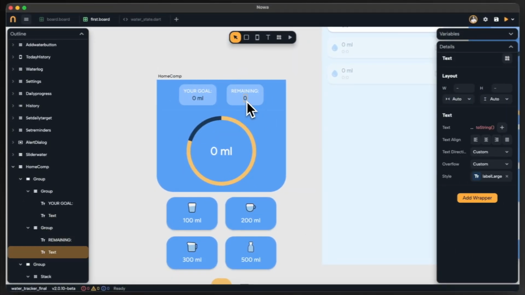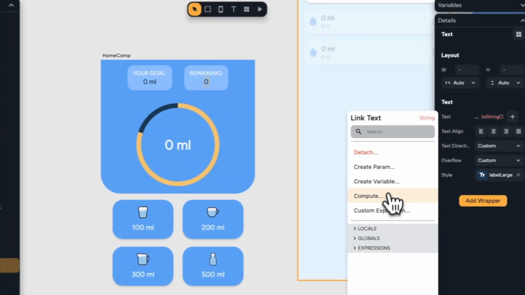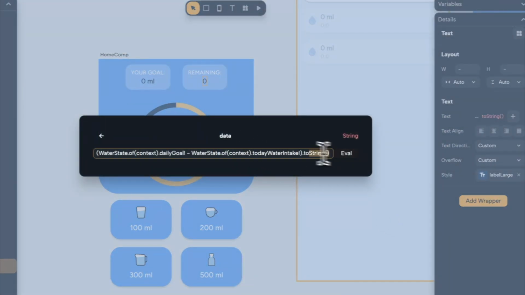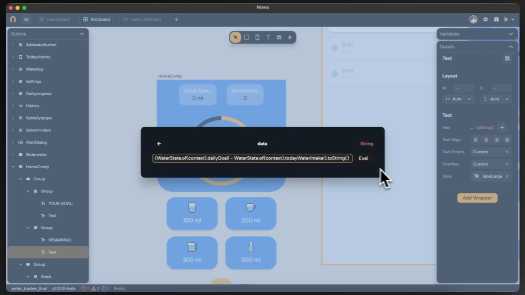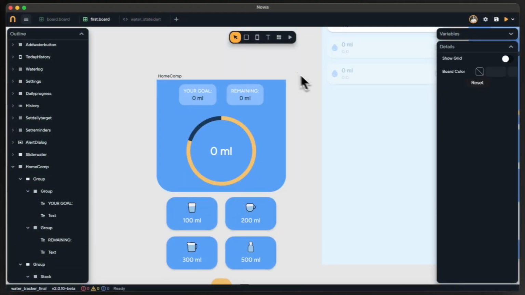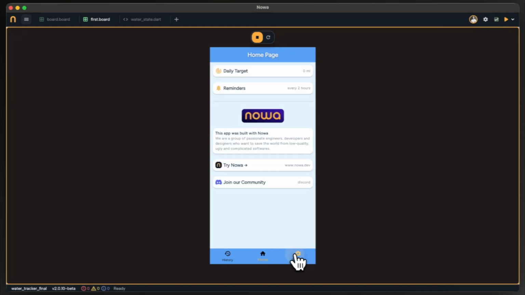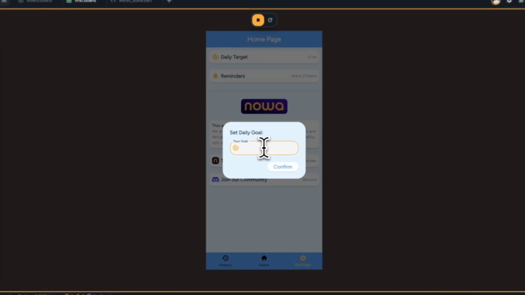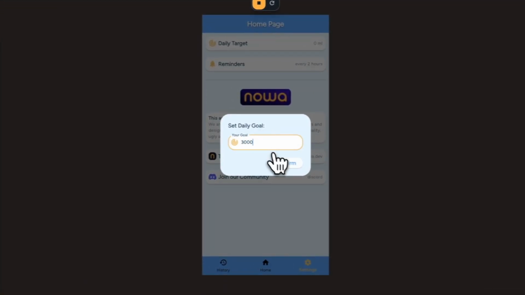Let's do the same thing also for the remaining. Here we have all of this, which is the total, the remaining amount, and then I will add plus, and then I will put space, and then I will add the unit, then evaluate, and then we're good to go. So now if we go and we set a daily goal to, let's say, 3000 this time, and we